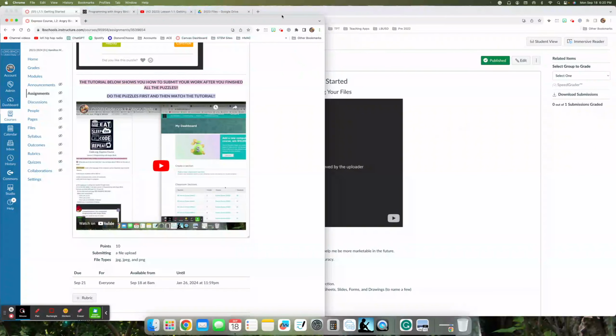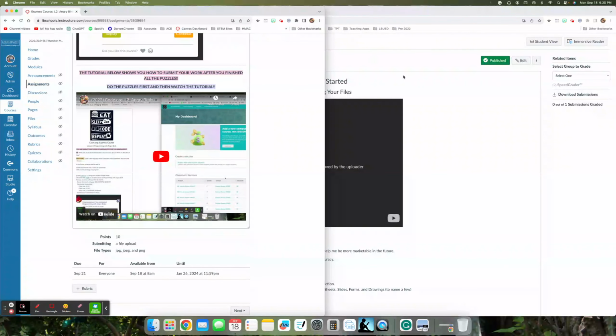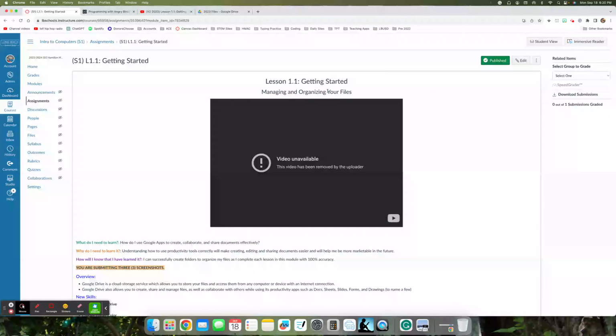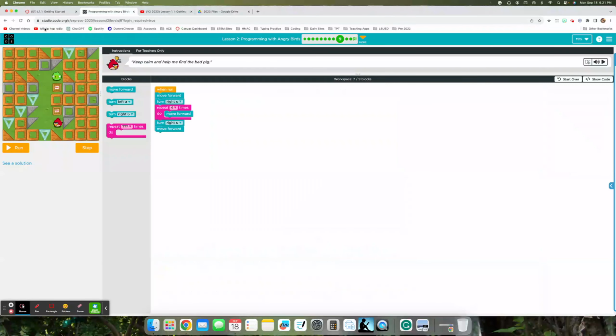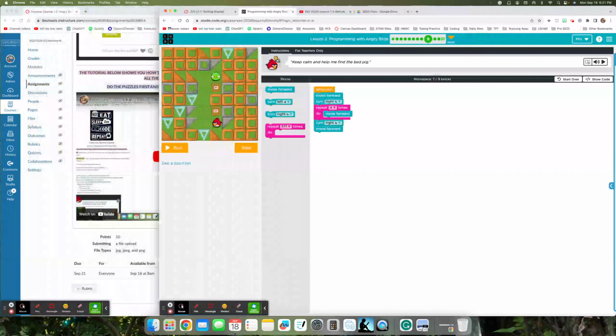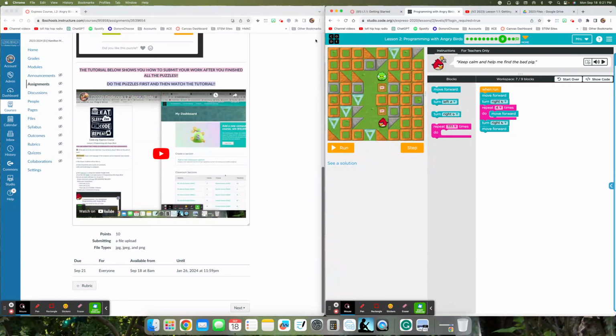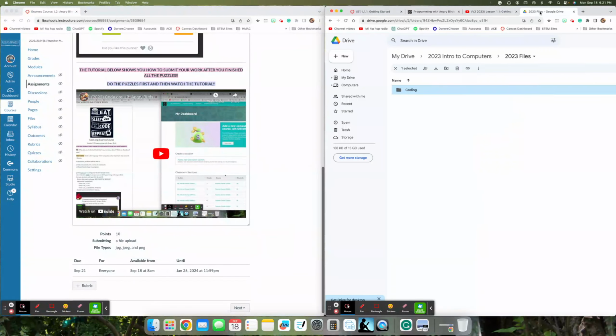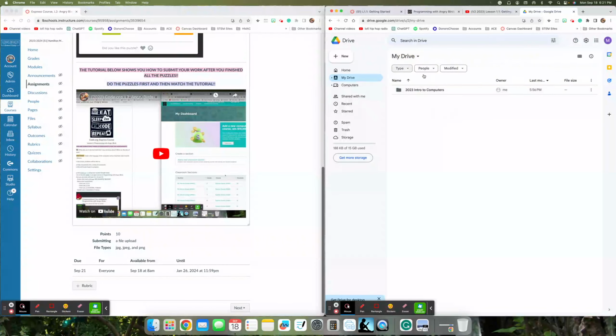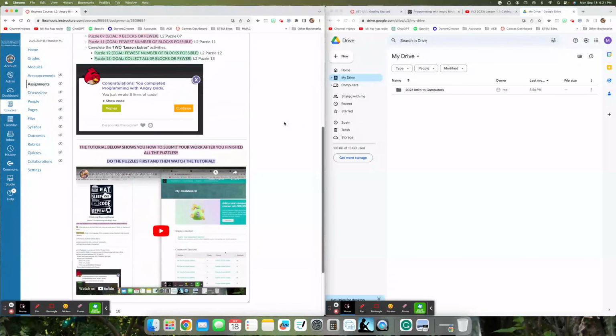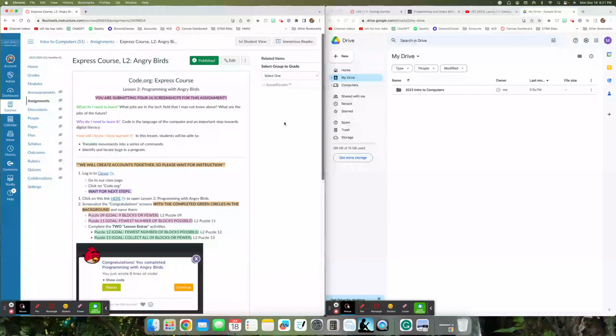Now I'm going to go over to my tab for Getting Started, which I'm going to change to my Angry Birds, and I'm going to move this over. Okay, so I have Angry Birds on one side. I'm actually going to change this to my Drive. I have my Google Drive open on one side, and I have my Angry Birds assignment page open on the